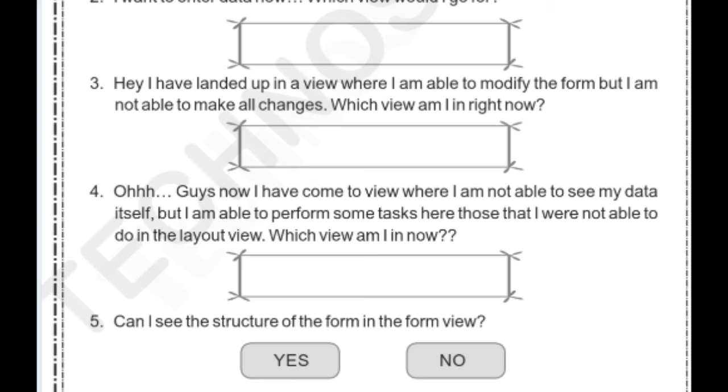We will discuss this activity, and I will explain once again in the live session. If you have any doubts, you can call me or you can send a message to my personal WhatsApp. You can inbox. I will give you clarifications about this activity. Okay, it's a simple activity, children. Understand the forms concepts and write answers for these questions.